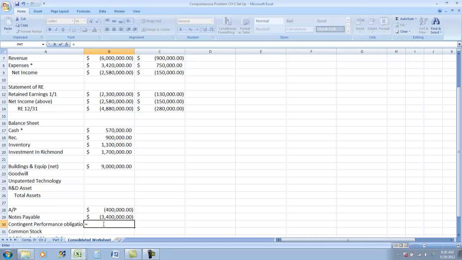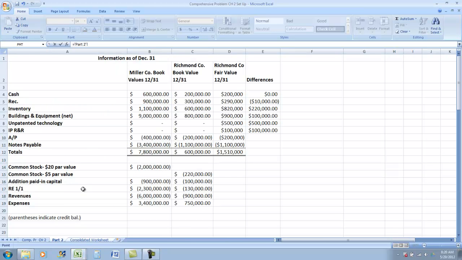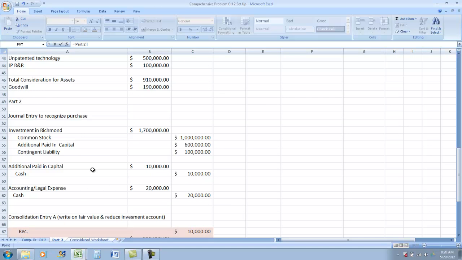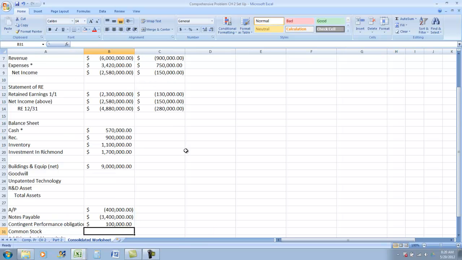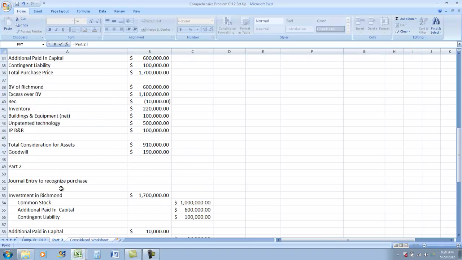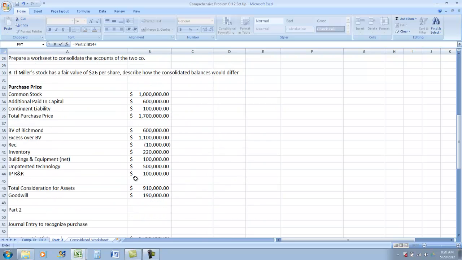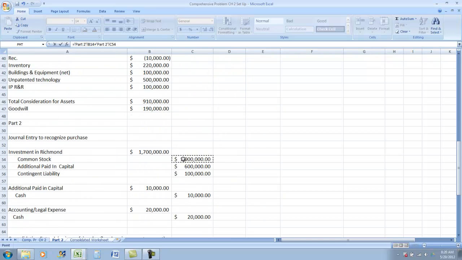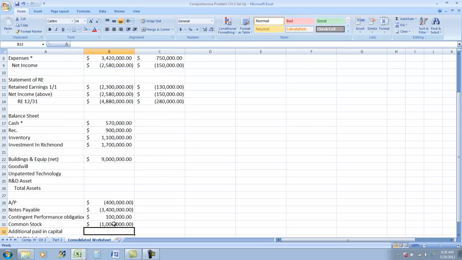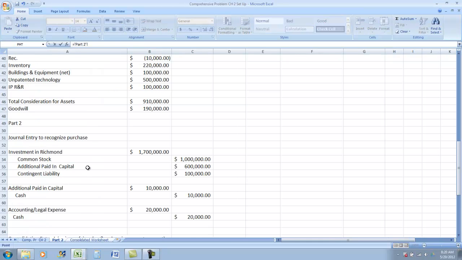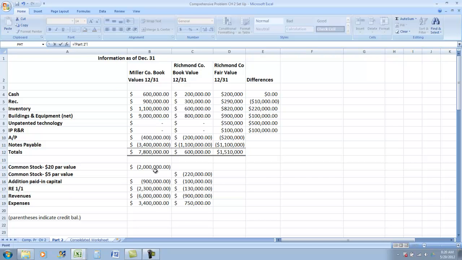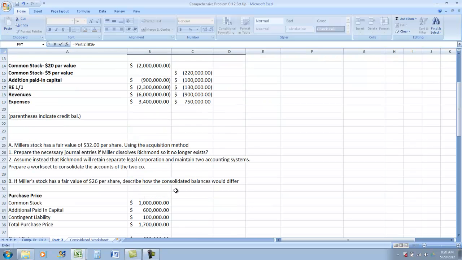We did have a contingent obligation from the purchase, right? So this, 100,000. And our common stock, let's see here. We had common stock of this. We need to add the common stock that we issued right here, million. And since these are already in negative forms, we're probably going to have to subtract that. Yes. Then additional paid in capital up here, additional paid in capital minus,